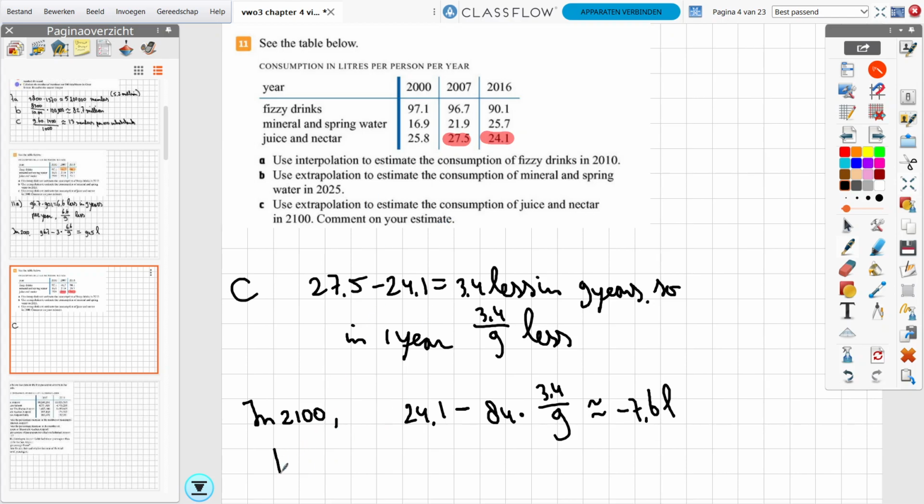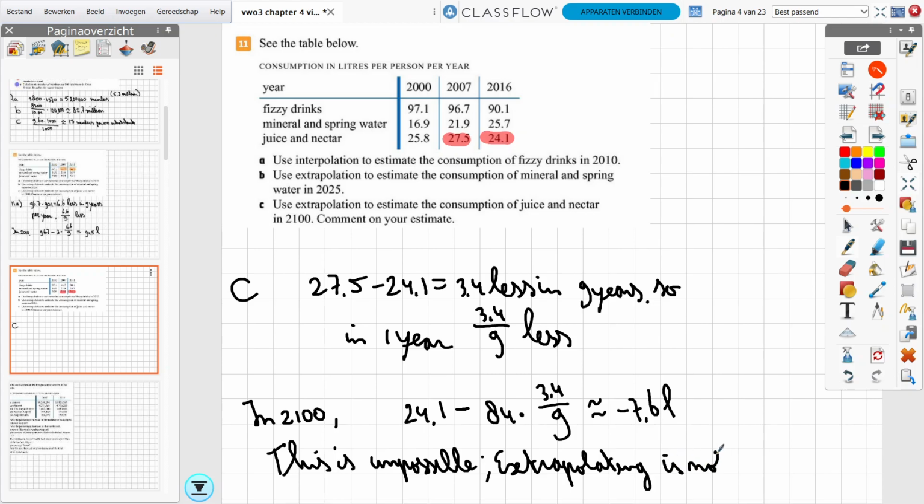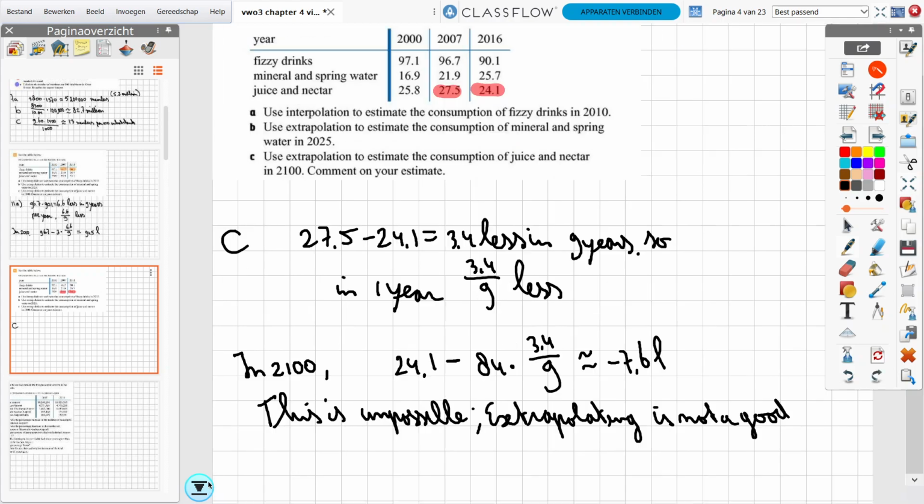You would say this is impossible. Extrapolating is not a good tool